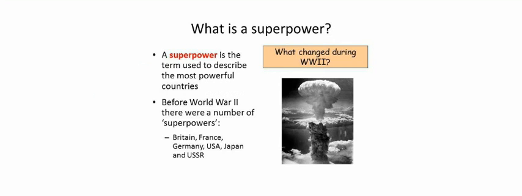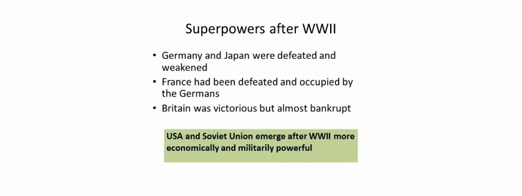So what happens in that war that takes a list like Britain, France, Germany, USA, Japan, and USSR and whittles it down? There's a huge clue in the picture on your right. What is that? Sometimes known as a mushroom cloud. And what we know after World War II is this: that Germany and Japan, two of the countries in that previous list, are defeated. Japan was the victim of that mushroom cloud. The United States developed an atomic bomb, the most powerful bomb ever created, in 1945. And it obliterated several cities in Japan with this, and Japan ultimately surrendered.